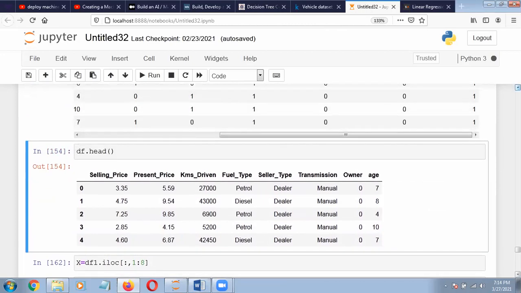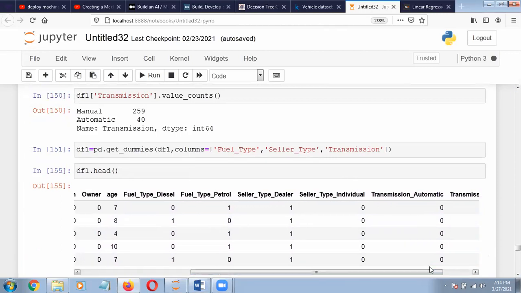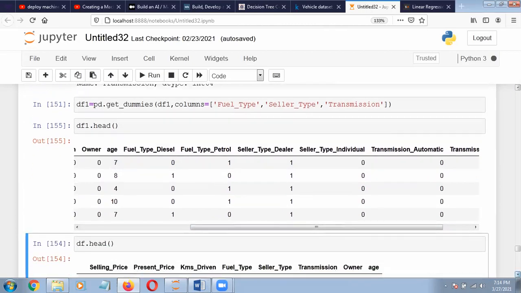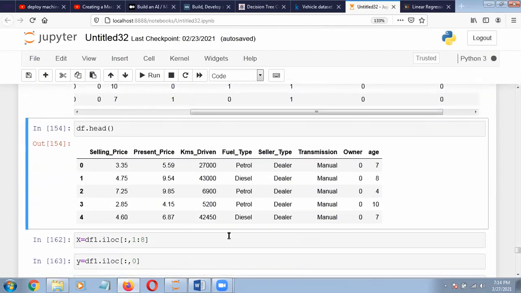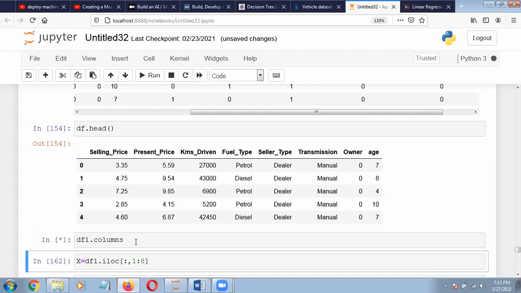We did not consider these in X, in A equal to, when we are finding the present price and kilometers driven. So what will be the output? Because we are only giving the